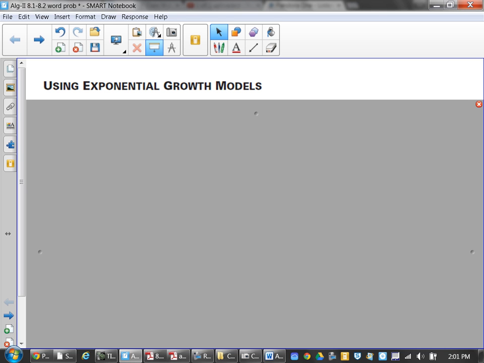Of 8.1 and 8.2 for growth modeling, decay modeling, as well as some principal interest problems we're going to look